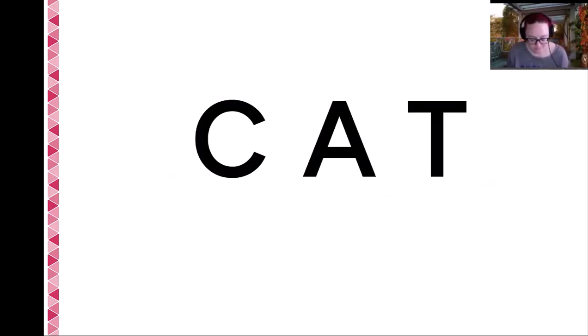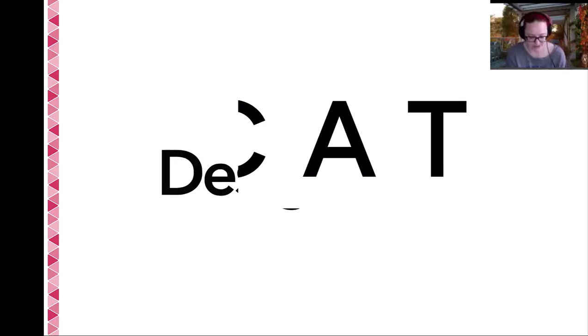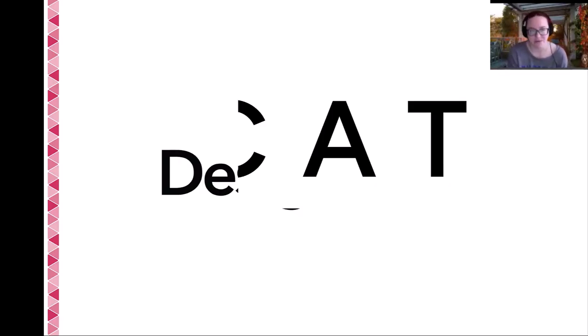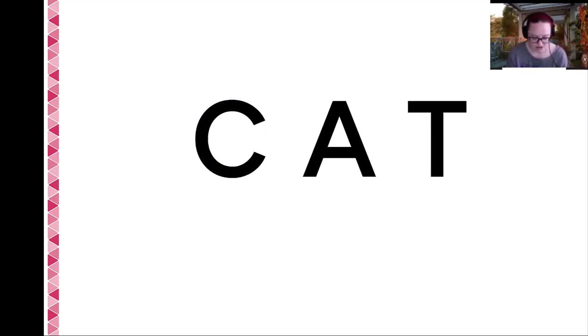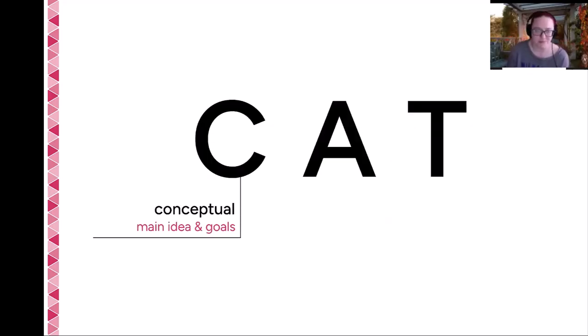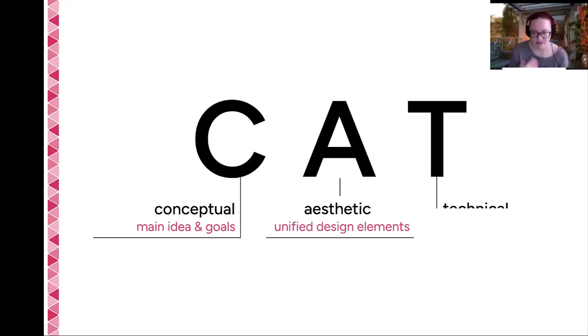So in Design Lab, we like to talk about the CAT principles. We've created this sort of shared language of design. So if you were to come to Design Lab to get one-on-one support, we would talk about the CAT, and we would ask you questions. When we say CAT, we're obviously not talking about meow cats, but we're talking about the conceptual, aesthetic, and technical elements of your project.